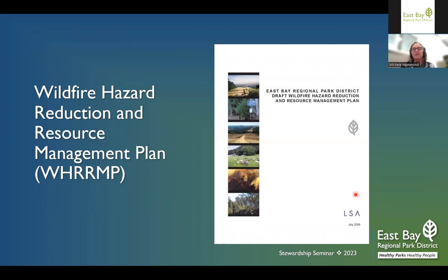Now I'm going to talk about a plan that was completed to guide the park district in managing fire safety with vegetation control along the East Bay Hills wildland urban interface. The Wildfire Hazard Reduction and Resource Management Plan, we affectionately call the WRUMP by its crazy acronym. This plan tells us how to manage the vegetation in the East Bay Hills and directly addresses the need for management of the pallid manzanita because of where it grows. And one of the recommendations of this plan is to create a pallid manzanita management plan,